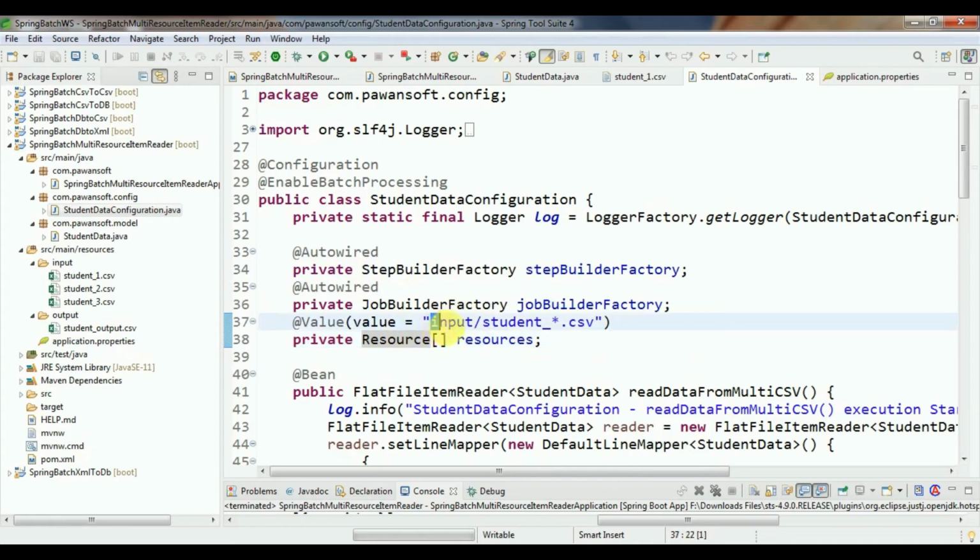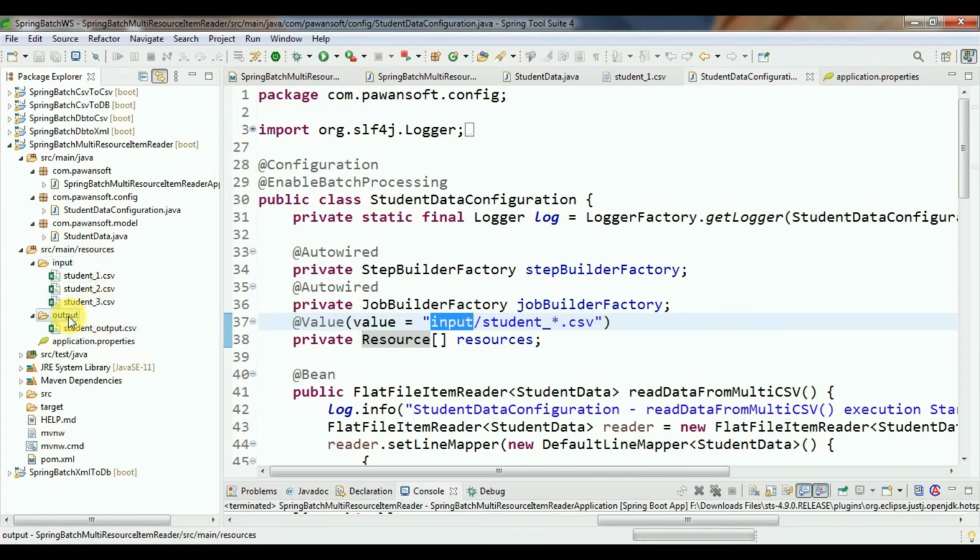Inside the input I have one folder, input. Inside input I have 3 CSV files. So student_star means it will read all 3, whatever is after student_1, 2, 3. Star means whatever is there after the underscore, it will read all.